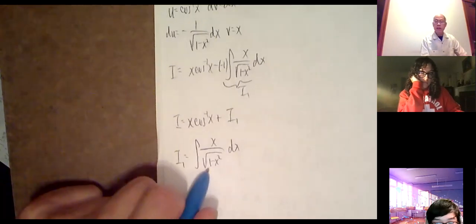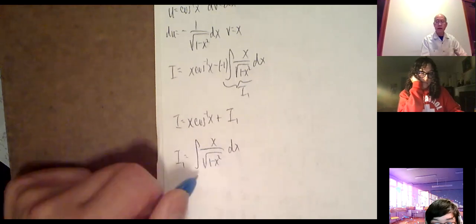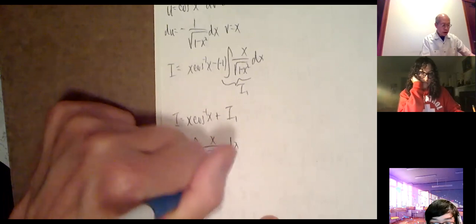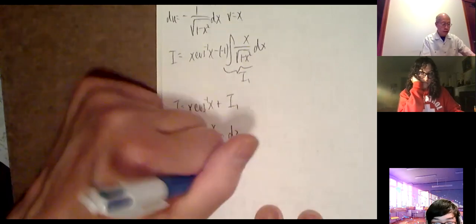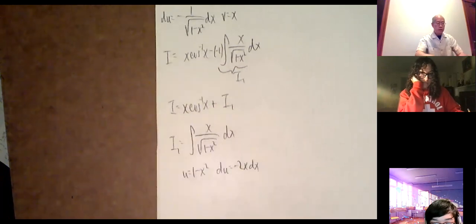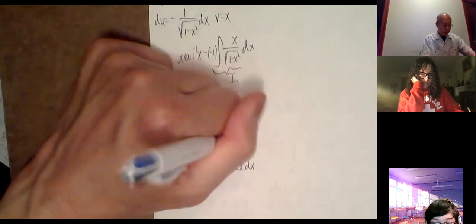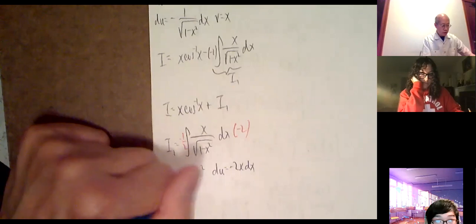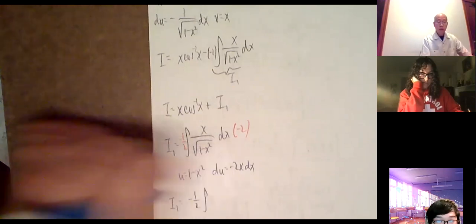Okay, the derivative of 1 minus x squared is almost that. So regular u substitution, u equals 1 minus x squared. du is negative 2x dx. So I need a negative 2 here and a negative 1/2 here. I1 is negative 1/2